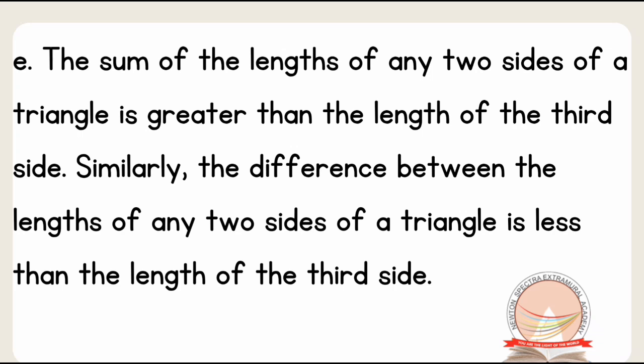The fifth property says that the sum of the lengths of any two sides of a triangle is greater than the length of the third side. Similarly, the difference between the lengths of any two sides of a triangle is less than the length of the